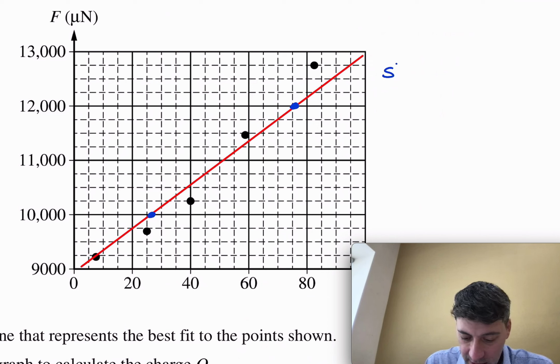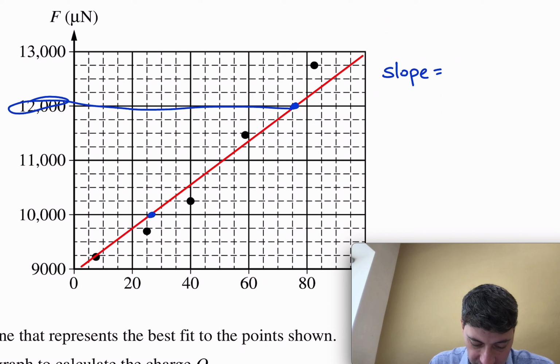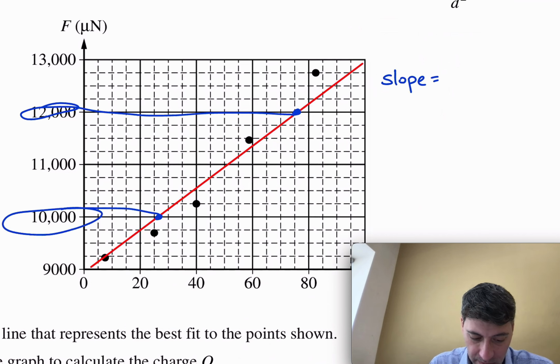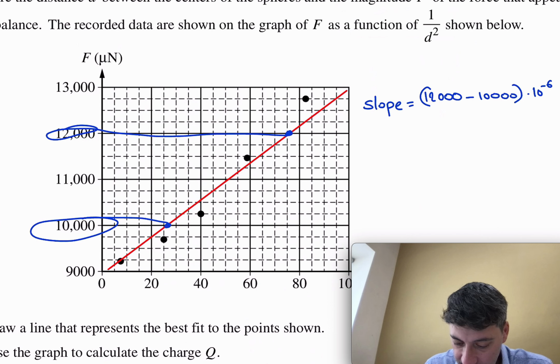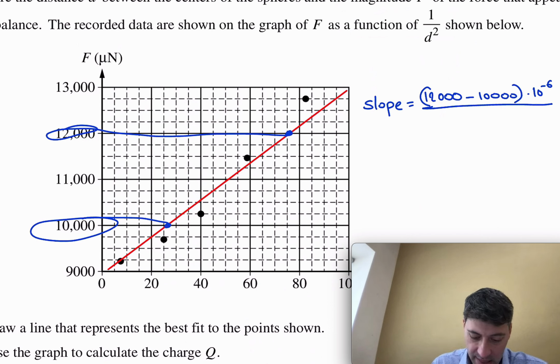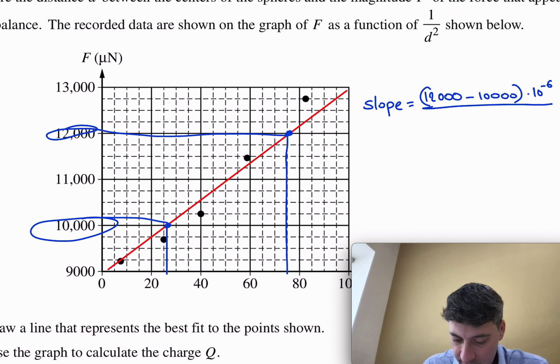So the slope, which is rise over run, it is 12,000 minus 10,000 micronewton. Micro means 10 to the power of -6, divided by the run, which is approximately 75 minus 25,